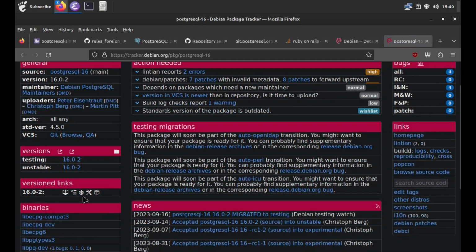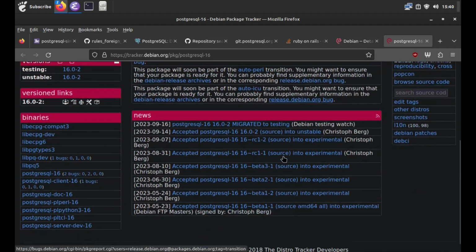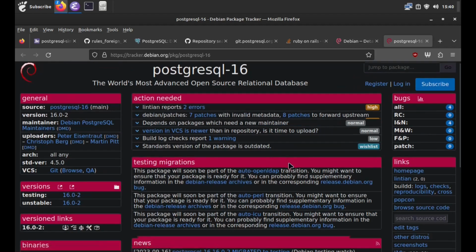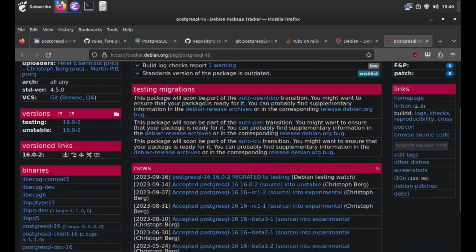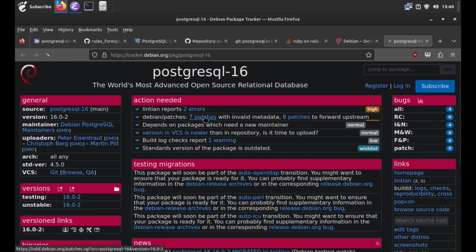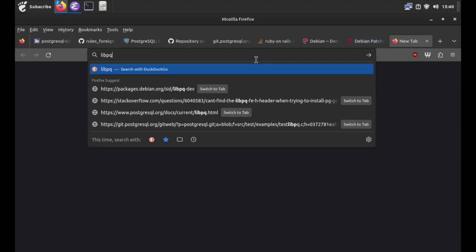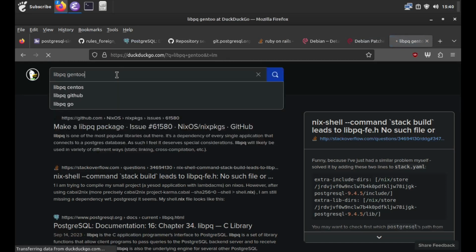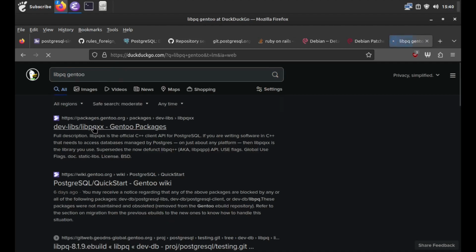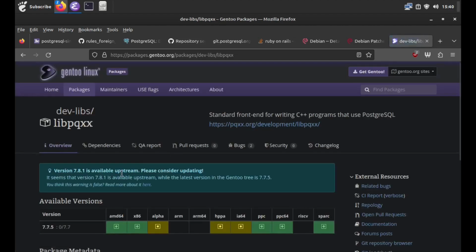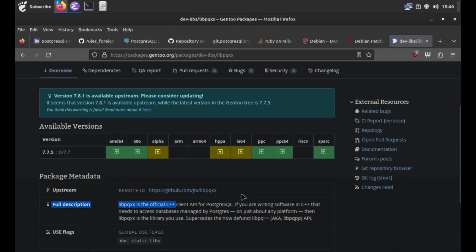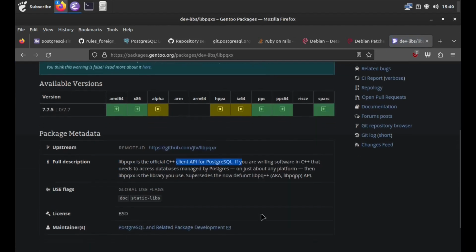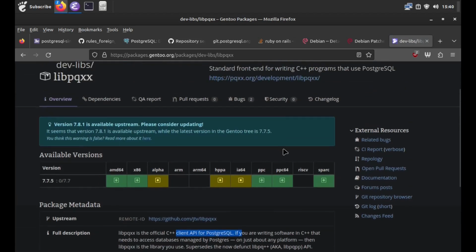And can we find some idea of what the code is? We can also try libpq nix. I think the Nix people have made a libpq package. How about Gentoo? libpq-xx. The official C++ API for PostgreSQL. Okay. So do I get to see the